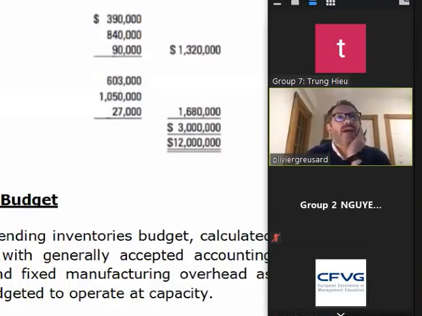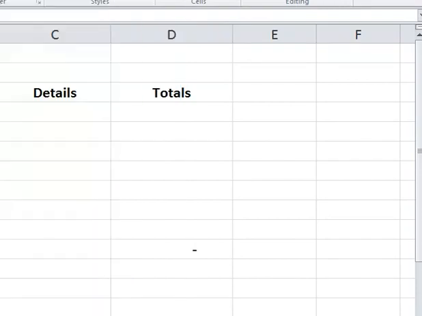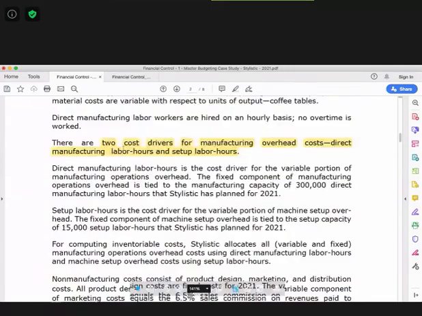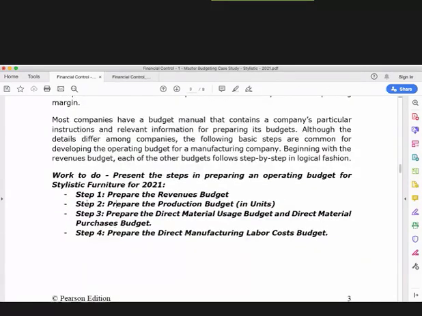Okay, so we were working on the case called the stylistic, and we were doing the first part, which is about doing the first steps: prepare the revenue, prepare the production, prepare the direct material, and prepare the direct manufacturing. Just to make the link with what's going to follow, we can see direct material and direct labor. So what we are doing for the moment is dealing with direct costs,